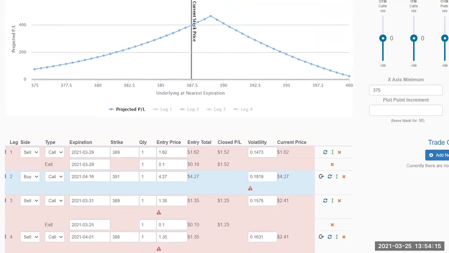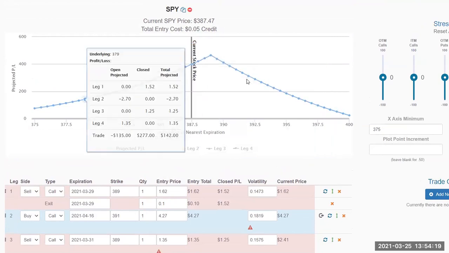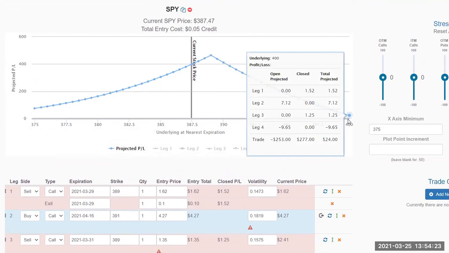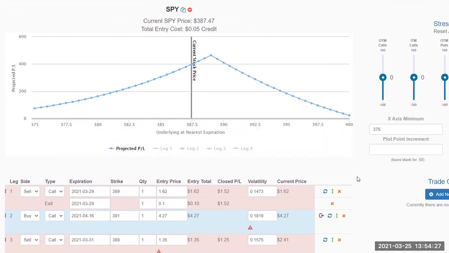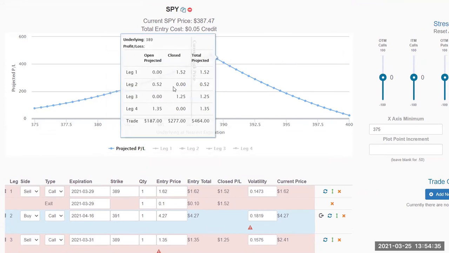And then there's our trade. We have a 5-cent credit, no risk to the downside. Technically $200 risk to the upside, $195 risk to the upside, but it's way up there, like way up there. So again, big profit zone. It's just a matter of where we're at on this.